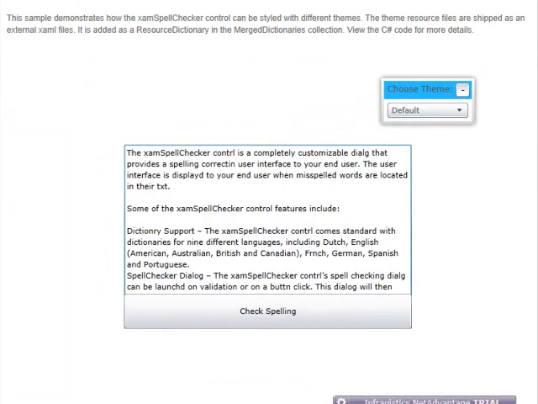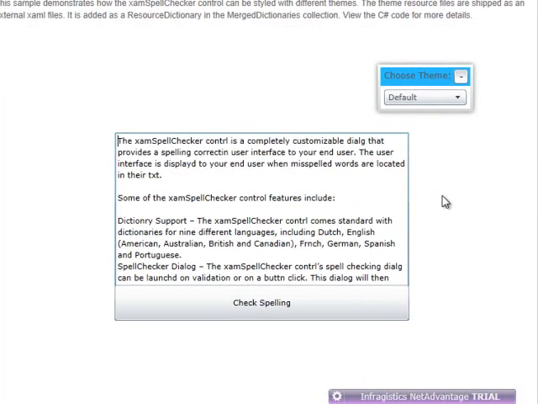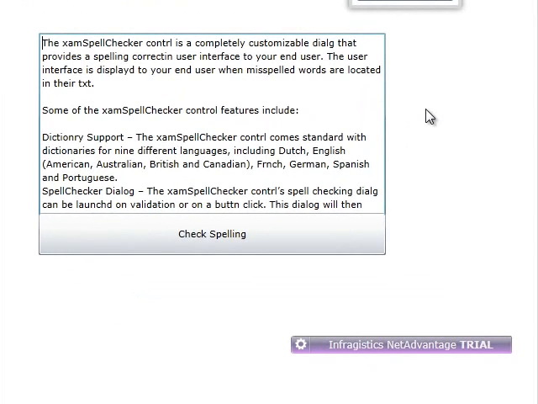The xam spell checker control is great to add into any of your applications where you have text and input areas, and you want to spell check them to make sure that end users correct their typos and spelling errors before data is saved. So in this particular user control, we have a spell checker control defined in the XAML, and it's pointing to